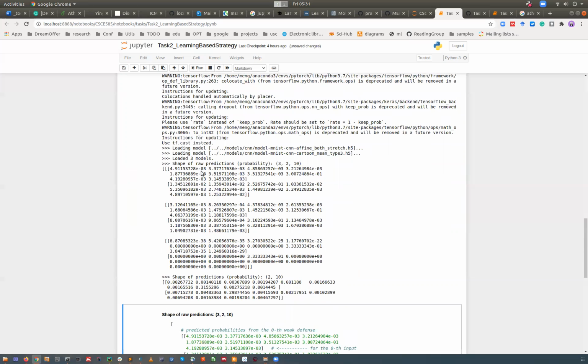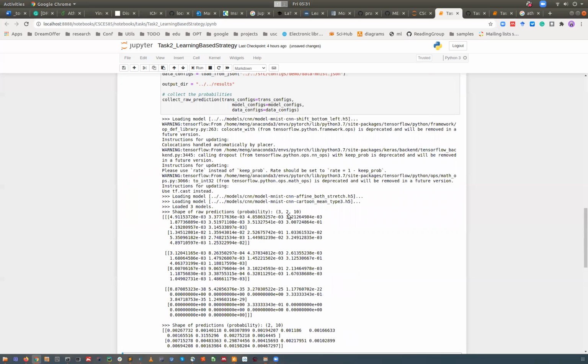You can see this is the raw predictions we have on that data set. Consists of two samples, from the ensemble built with 3 weak defenses, and then here we get